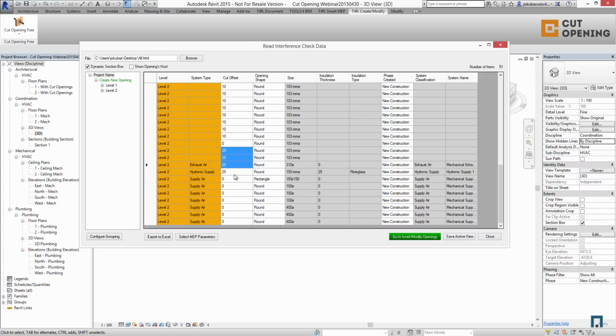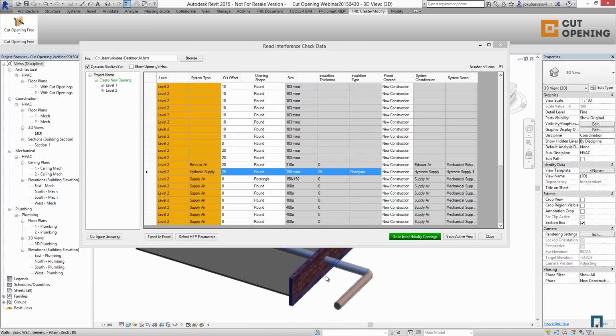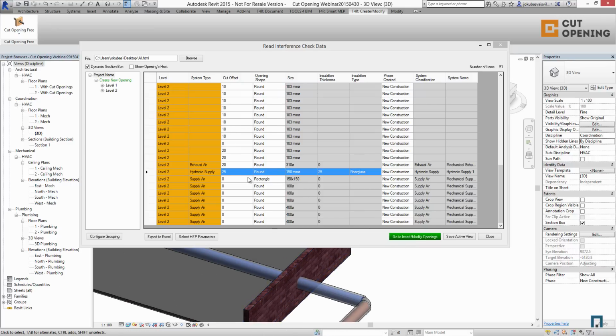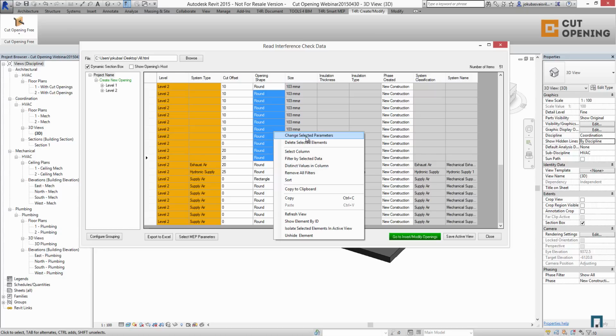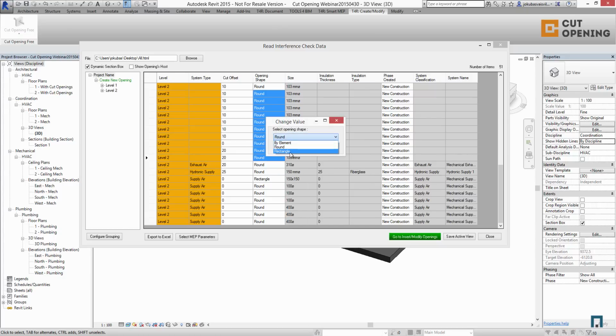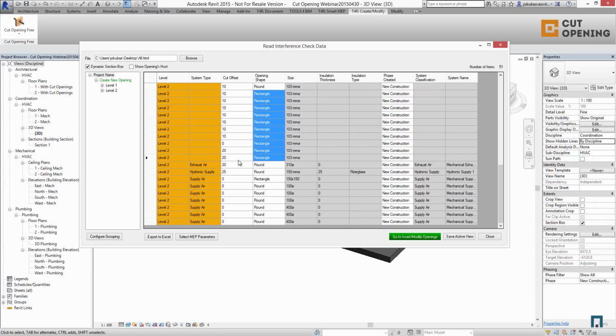The solution is automatically finding the insulation thickness and insulation type for our line-based elements, and it automatically inserts the cut offset according to the insulation thickness. So anytime we can change the opening shape again, as I showed you before. After this, we can export this